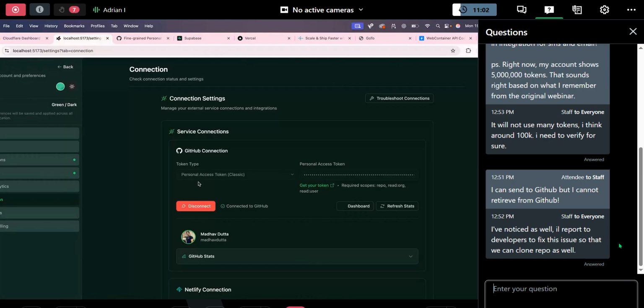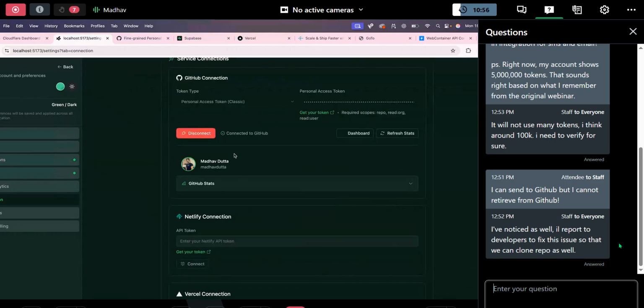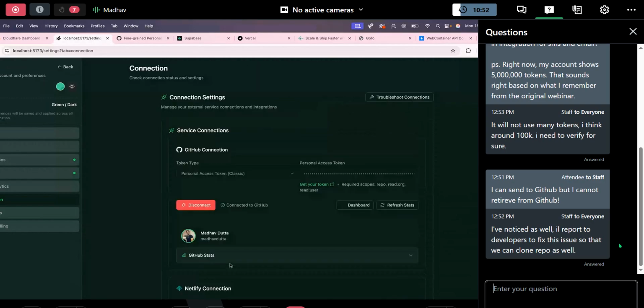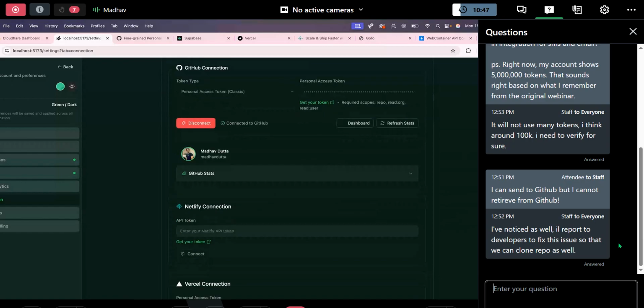And yes, GitHub is a free platform for everybody. All these platforms are free. GitHub is free, Netlify is free, Vercel is free. So let's say if you don't want to push anything to GitHub, forget that. Don't have to bother about it. If you just want to make anything live, you can connect your Vercel account, which is a free account, right?